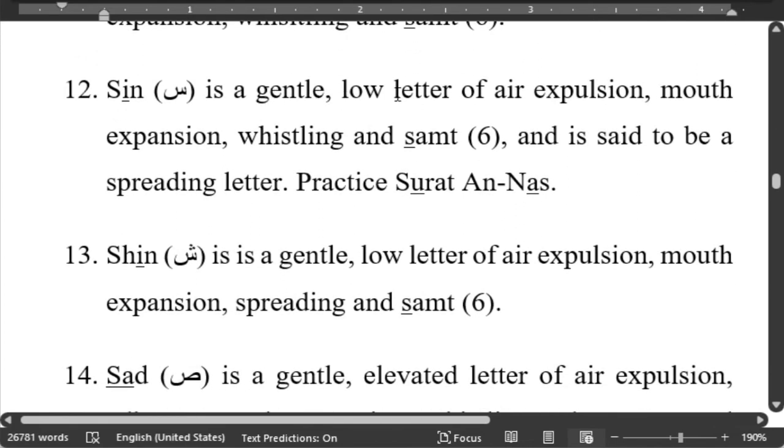Seen is a gentle low letter of air expulsion, releases the air. Mouth expansion, whistling, seen, and samt. And it is said to be a spreading letter. Practice Suratun Nas. If you want to practice seen,